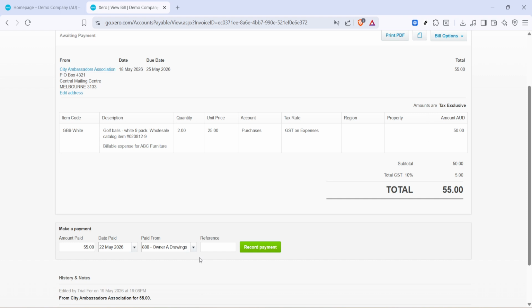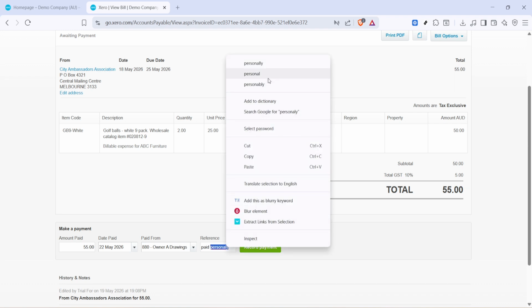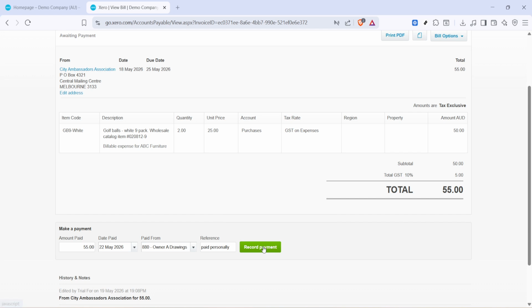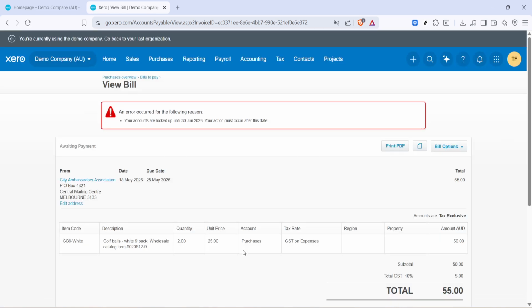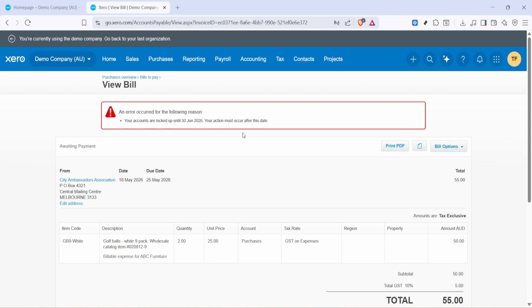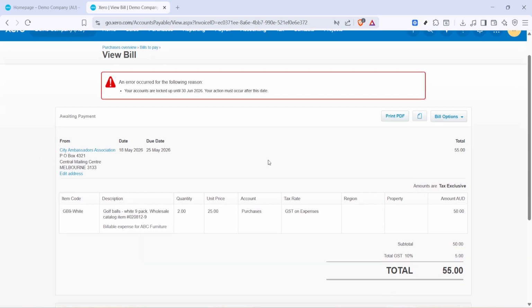Confirm the amount matches the bill total. You can add a brief description like "paid personally" in the reference area if you want clearer audit trails, but keep it concise and professional. When everything looks right, click Record Payment. That's it. The bill is now marked as paid, your expense is correctly captured, and Xero posts the corresponding entry to the owner or director account you selected. Because the payment wasn't from a linked bank account, you won't see a bank statement line to reconcile, and that's